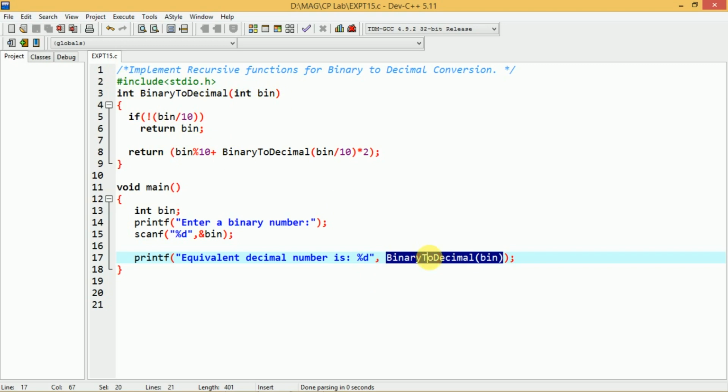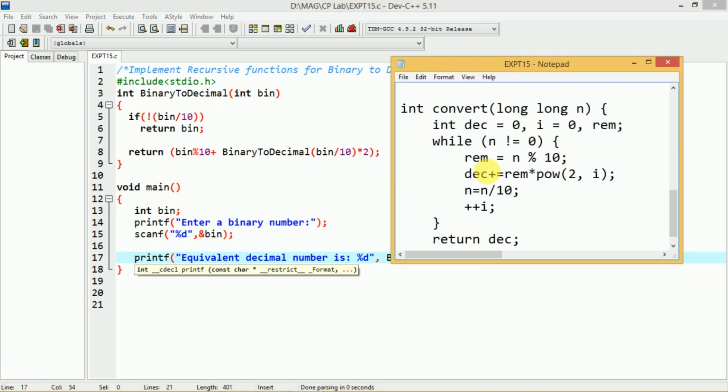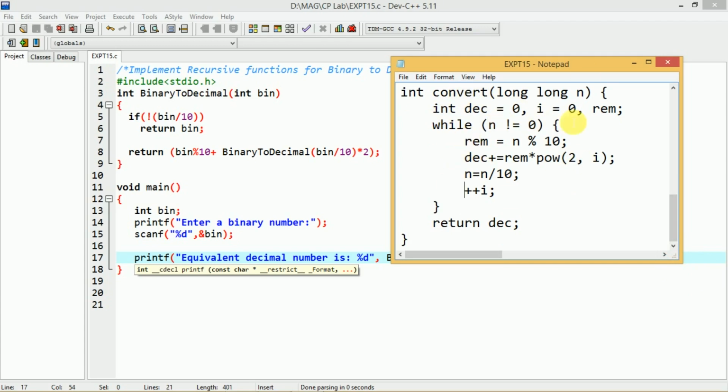Next we'll see how exactly this particular function is implemented. Before we see how we have written this recursive function, let me explain how we can write a function to convert a binary number to decimal number without recursion. After that we'll see how we have written this recursive function, just to make things very easy. Here I have a particular function, again a function to convert a binary number into decimal but without using recursion.